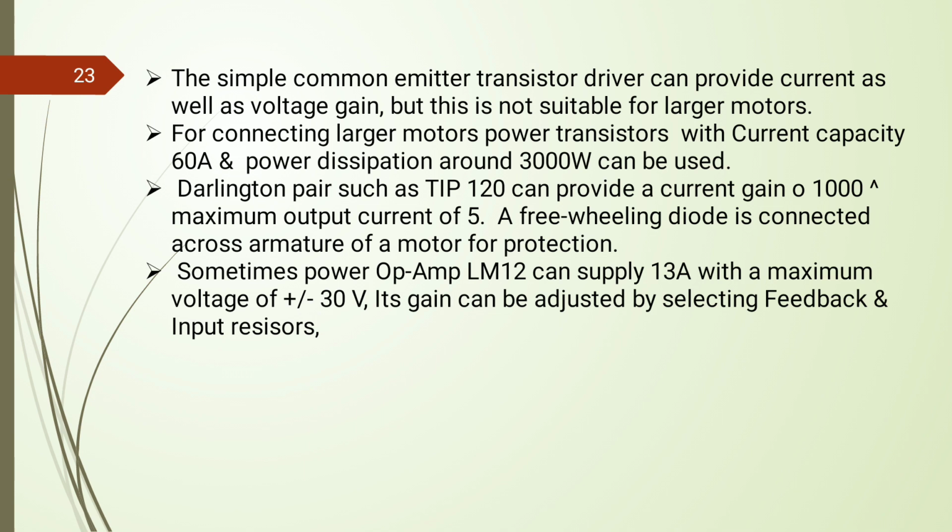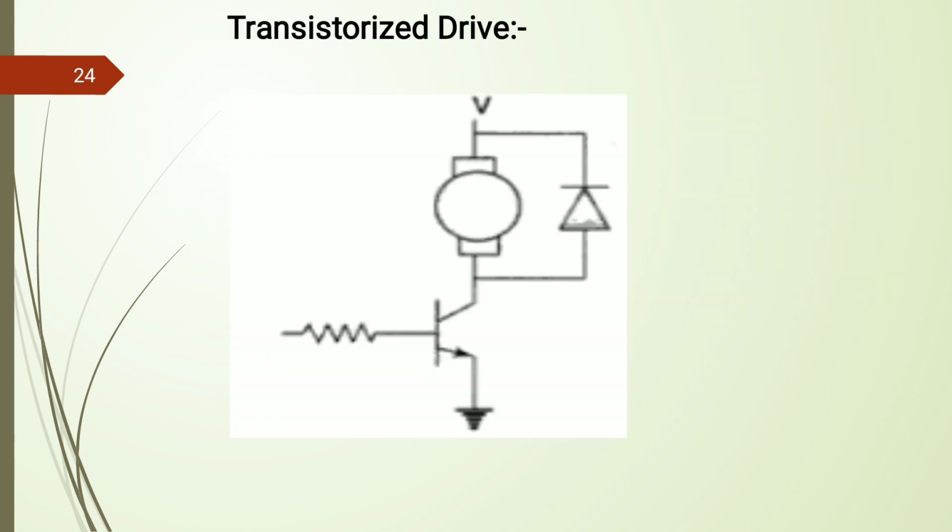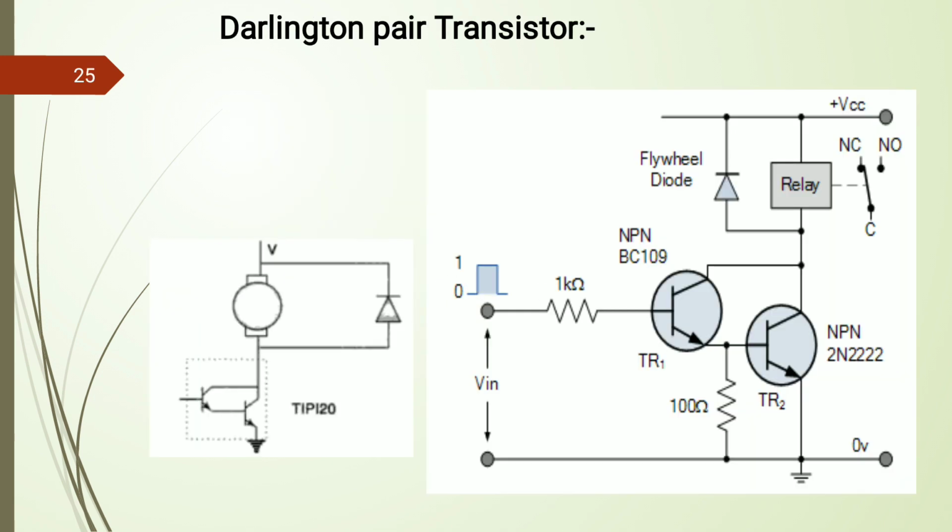So these are some basic methods. We see the first circuit, that is the transistorized one with a diode. If we consider a normal transistor and connect a motor, the motor is an inductive load, so a freewheeling diode is connected, but here it is the normal method. And for the Darlington pair also, instead of a single diode we go for two diodes connected together